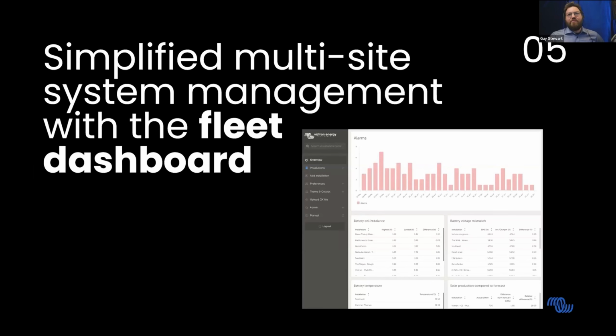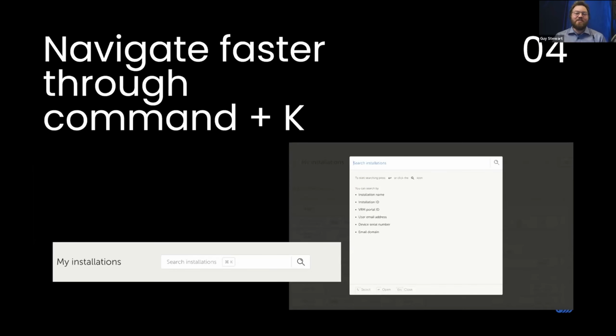A question here saying, can we have a feature to be able to message the system owner? Email is the obvious one, right? As someone who has access to the system, you can access the settings. Inside the settings, you can see the users who have access to that site. You can see their level of control, whether they're full owners, read-only, or technicians. From there, you've got an email address, and from there, you can send emails. We have discussed adding more controls and, let's say, more customer relationship tools inside VRM. At this stage, we're not moving forward with any of those features.